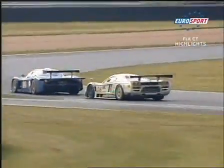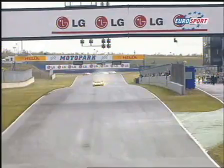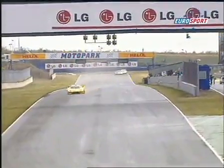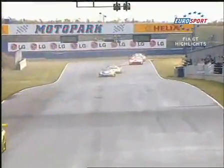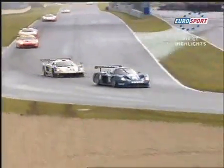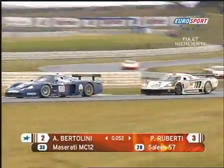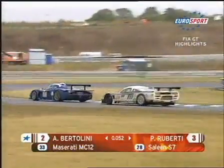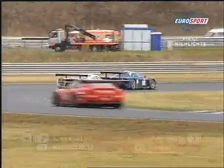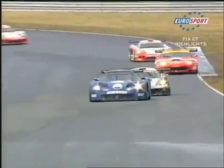Oschersleben, one of the newer circuits, is being used, doesn't have the history of Imola or Monza, and primarily built as a motorcycle racing track, but has become a firm favourite on the LG Super Racing weekend with tight, close action, the European Touring Car Championship, as well as this, the FIA GT Championship. Bertolini then having less than 0.05 of a second advantage over Roberti in the Celine. It certainly was the Celine's day,